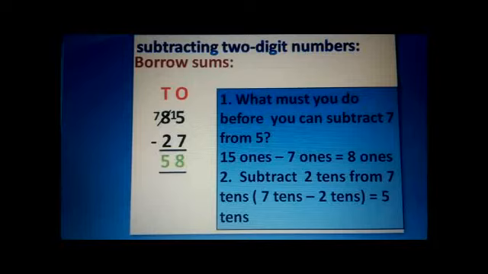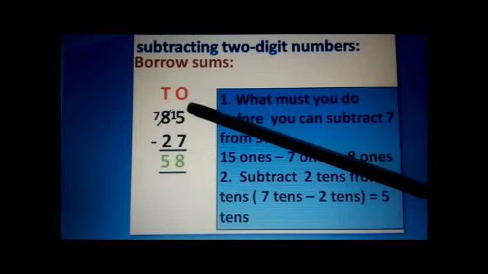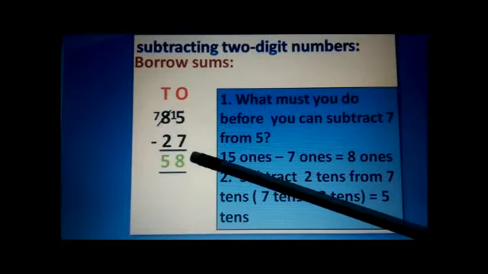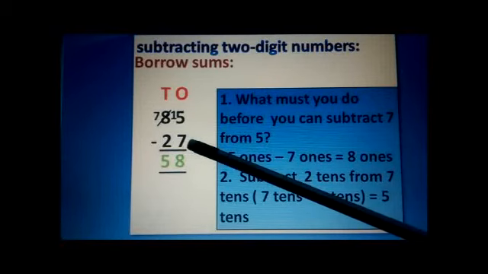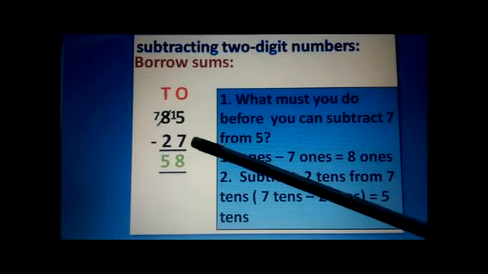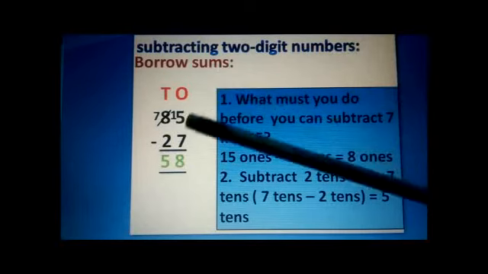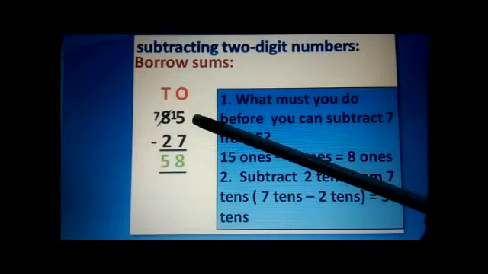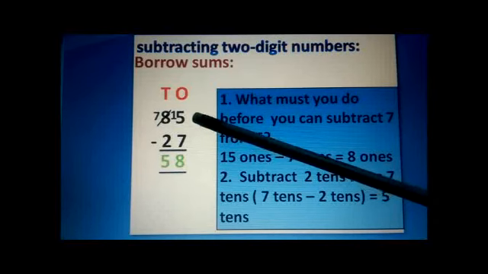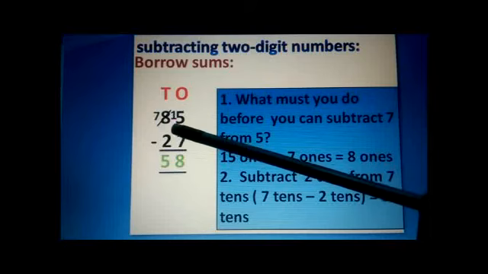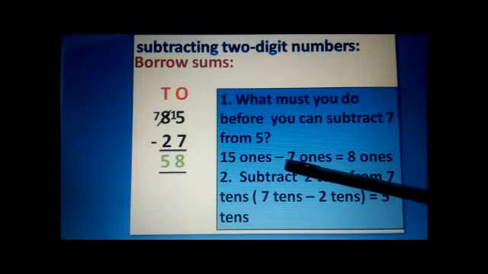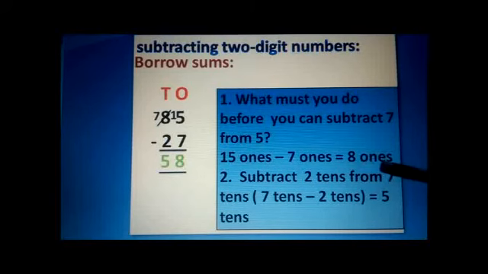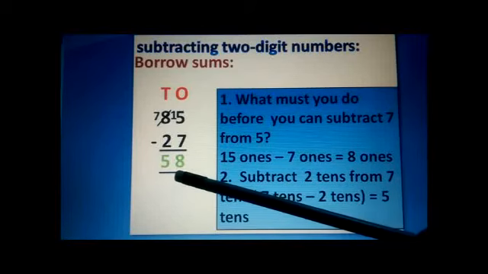As in our previous questions, we start to solve the math from the one side. So the value of ones is 5 minus 7. But there is a problem. 5 is less than 7. So we can't minus 7 from 5. So what do we have to do here? We have to borrow 1 from the tens, which makes it 15 ones. So 15 ones minus 7 ones is equal to 8 ones. We will write 8 in the place of ones value.